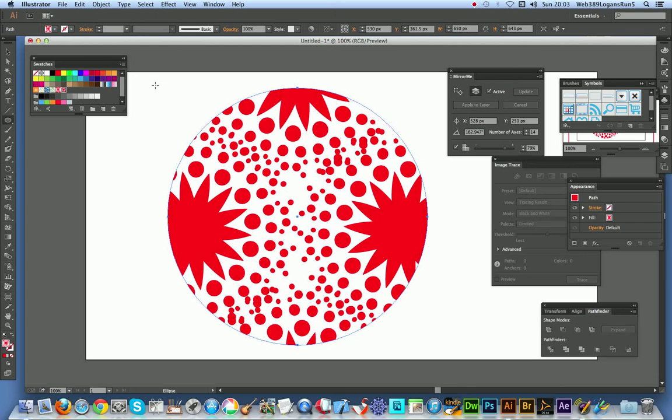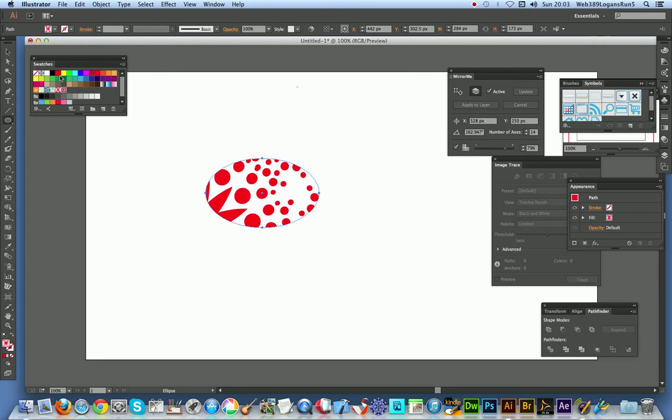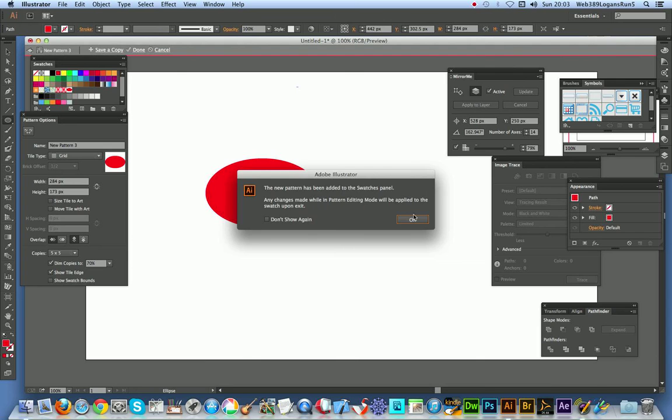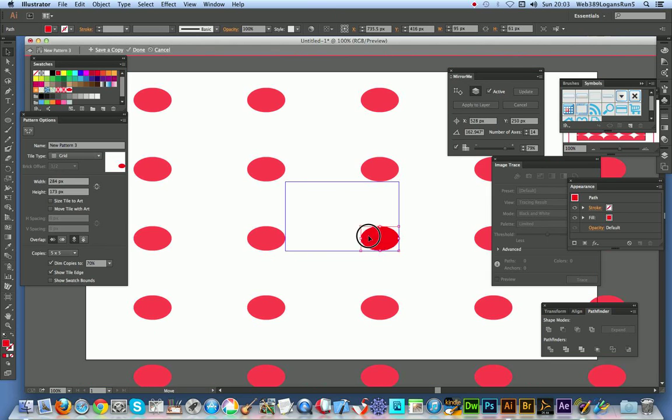Right, a simple, easy way of creating patterns using the MirrorMe plugin tool from Astute Graphics. Now, you can also use it within the actual pattern editor. That's the next thing I'm going to quickly show. So I'm going to create another quick design and fill that. Object, Pattern, Make. Okay. And once I've done that, I'm just going to reduce it down so it's a bit more